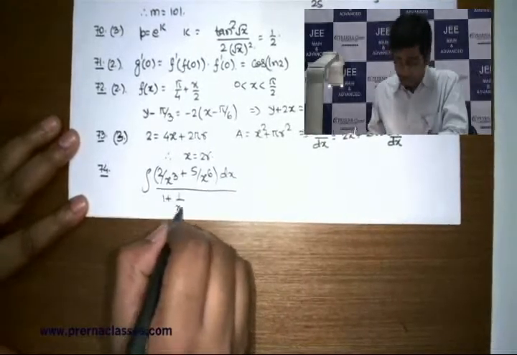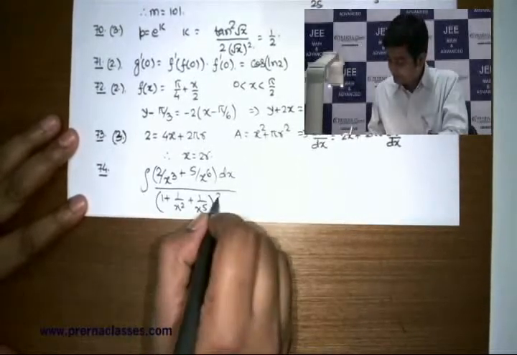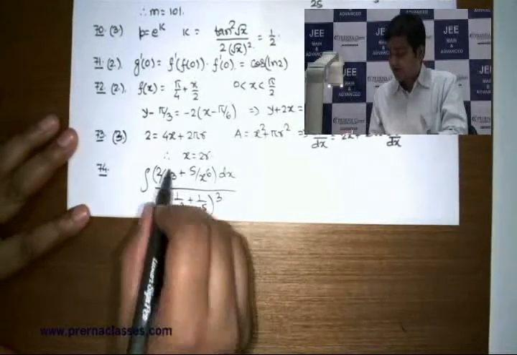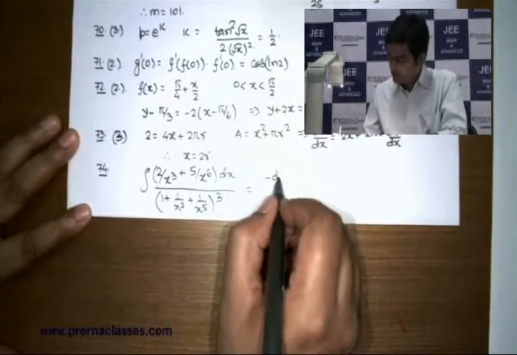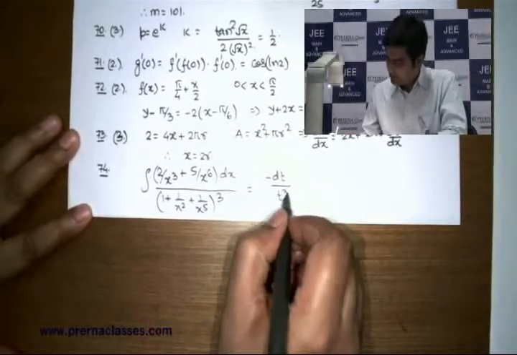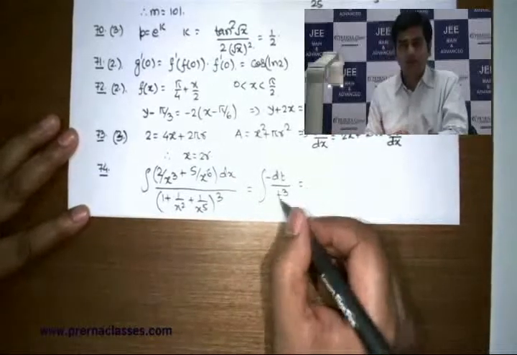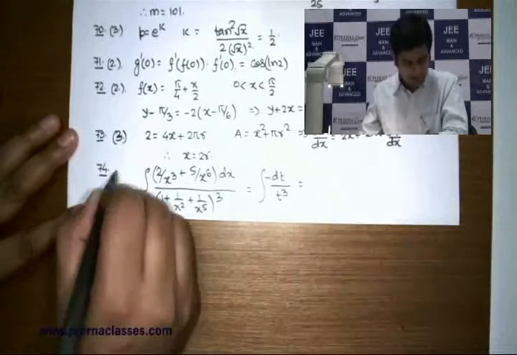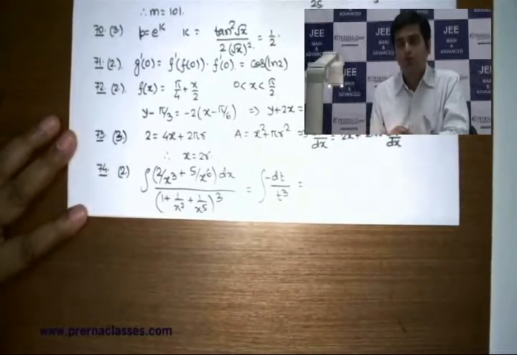And as far as denominator is concerned, it's going to be this much. You can then clearly check this base has derivative this along with the negative sign. So I can safely say that this expression is nothing else but this, whose integral you can easily manage. After simplifying and substituting the value of t, you will find that this expression is going to match with the option 2 in that problem.